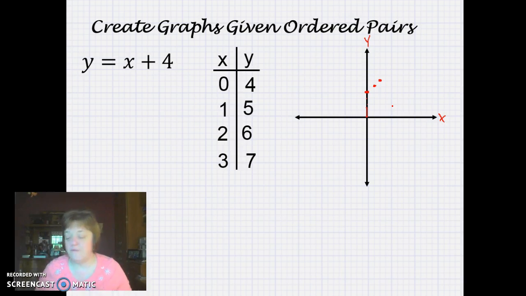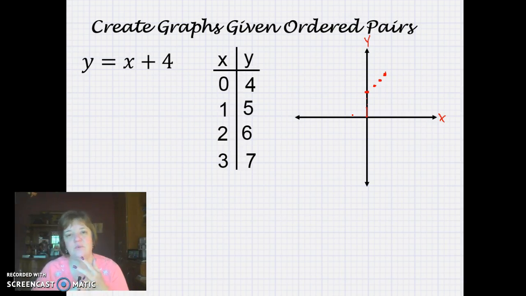Okay, we decide how far we're going to go left or right, then we go up. So our last set was over 3, 1, 2, 3, and up 4. No, 7. 7, sorry. Where was I getting 4? I don't even know. Anyway, once you've got at least, you need 2 points to make a line, but you